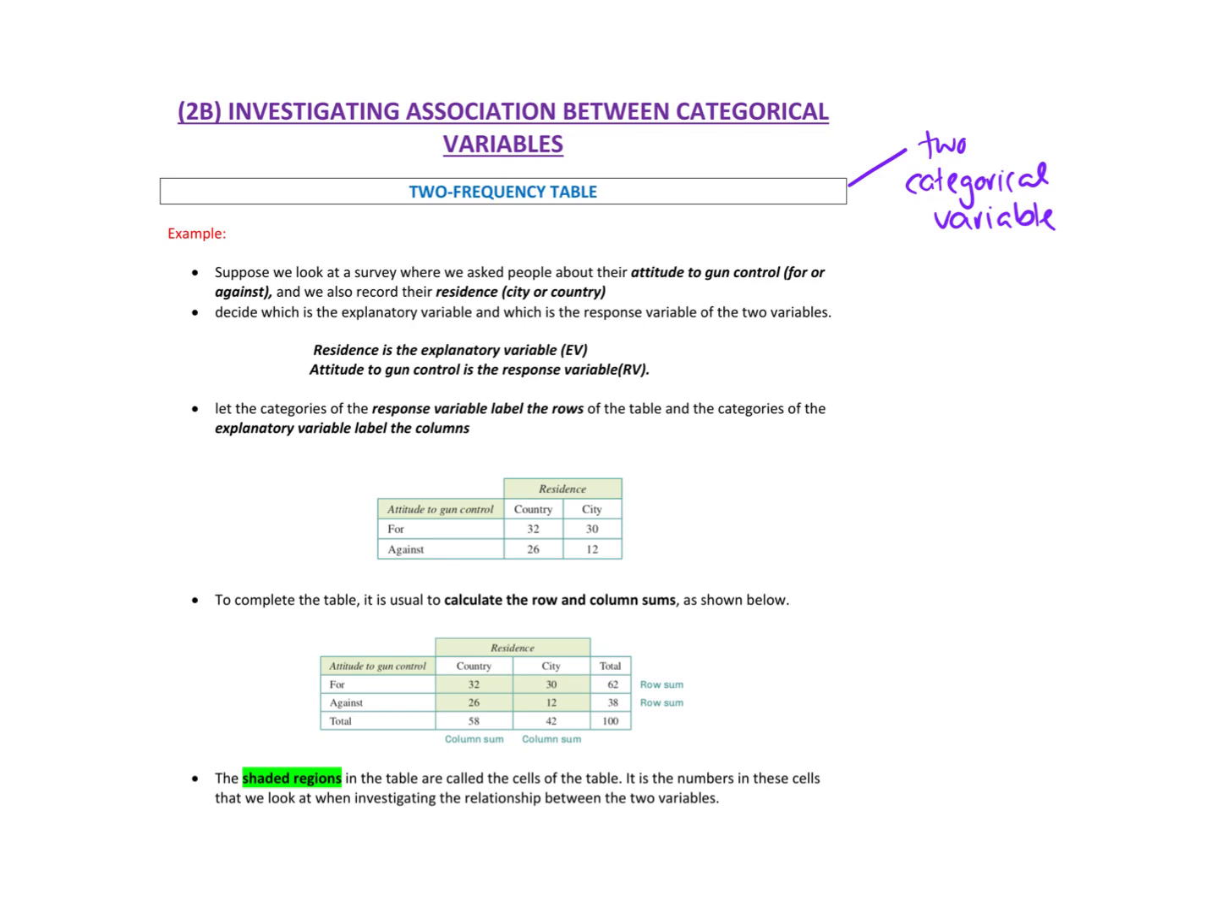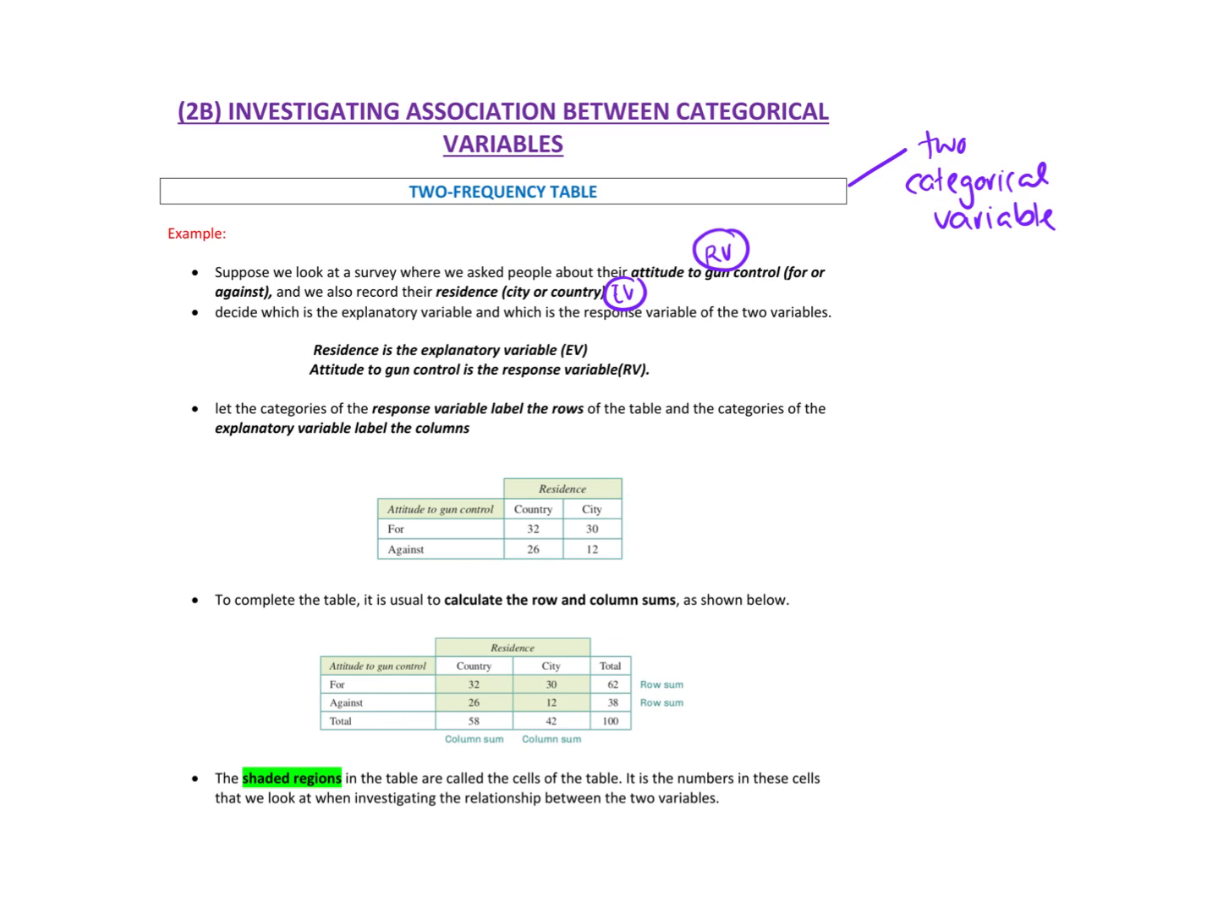So suppose we did a survey and we looked at attitude to gun control. They had to pick whether they were for or against gun control. And then they recorded whether you lived in the city or the country. The residence is the explanatory variable, so that's either the city or the country. That's the EV. And the attitude to gun control is the RV, the response,